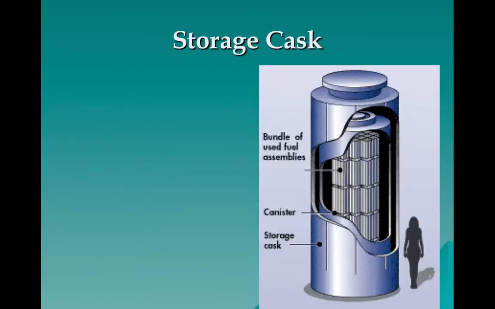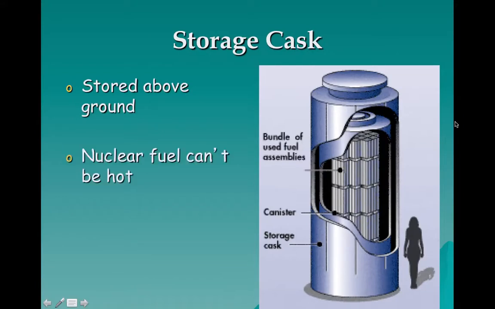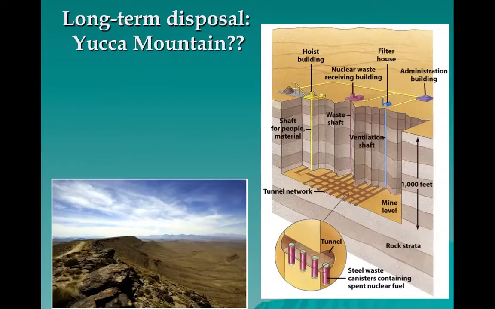Okay, so after it's cooled down in the pools, you then put it into a storage cask. They're stored above ground, and you can see all the insides here. They're all insulated and everything. And again, the fuel can't be hot, so that's why it has to be in the pool first. And again, this is only temporary. At least the plan is for it to only be temporary, because in theory, there's hopefully some sort of long-term